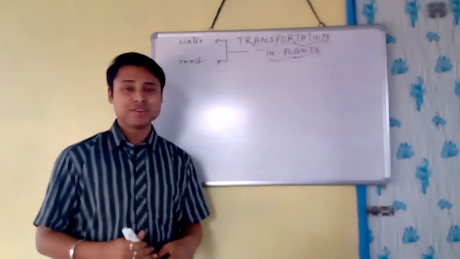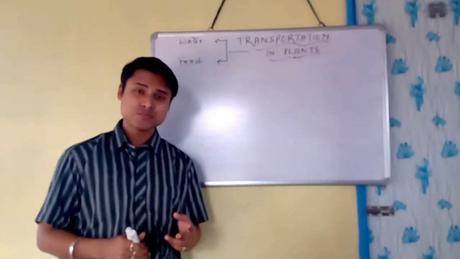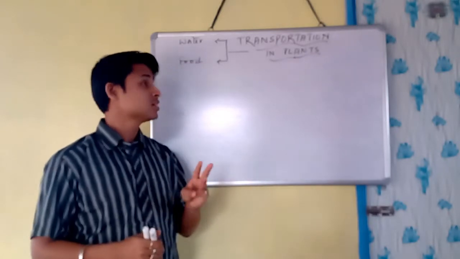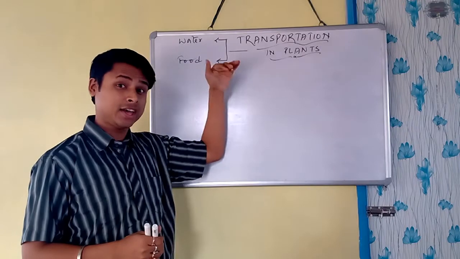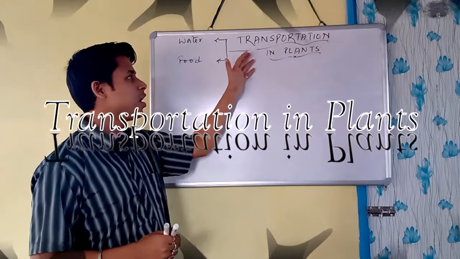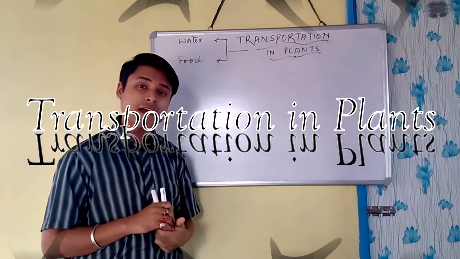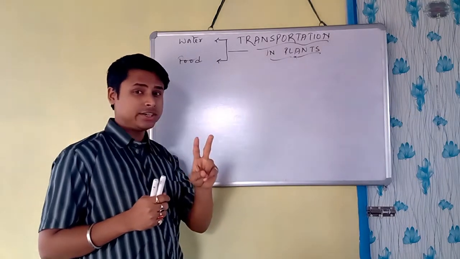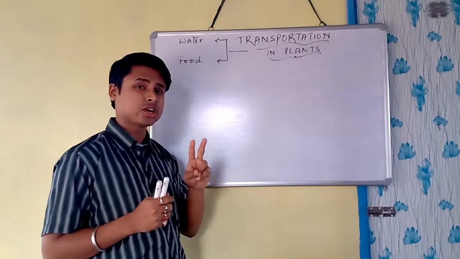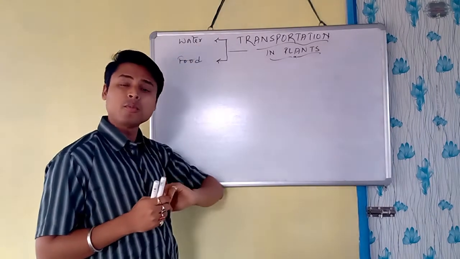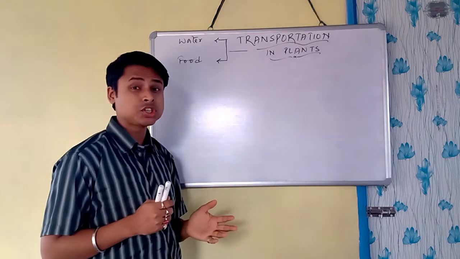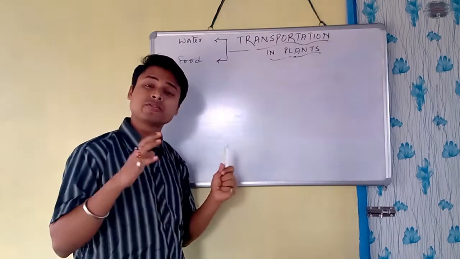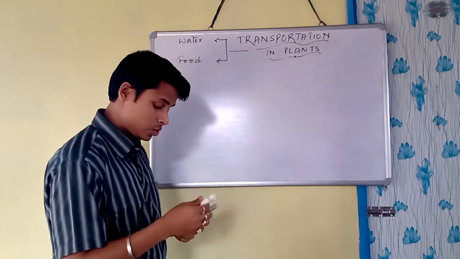So we have already studied two life processes, and today the topic is the third life process, that is transportation. And in this video we will discuss transportation in plants, right? In plants, two conditions happen here. One, it has to transport water and minerals from roots to the leaves for the preparation of food, and when the food is prepared, this food has to be transported back to the different parts of the plant, right? So we will see one by one.